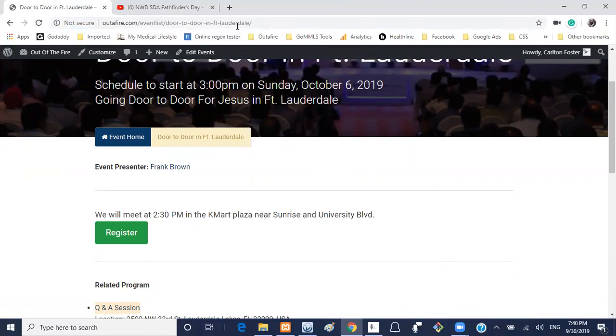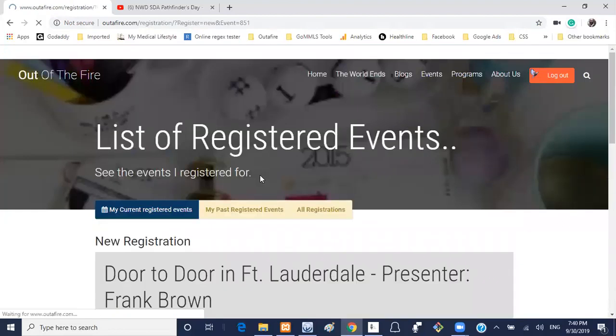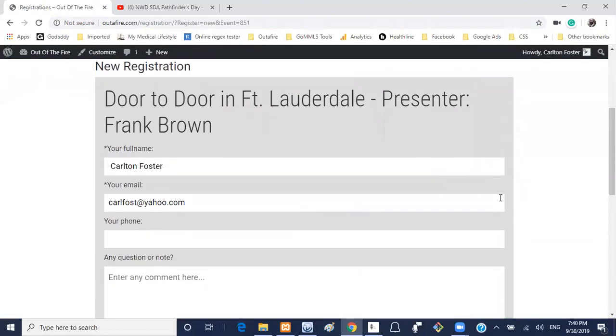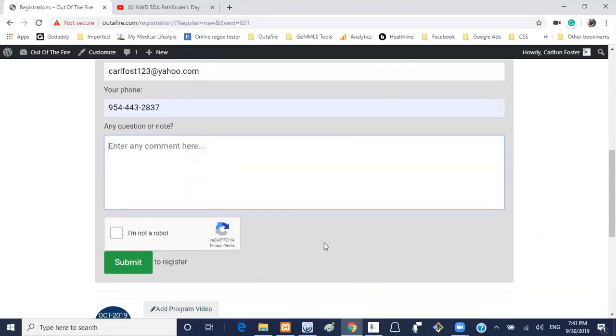So just let's say that we have sent this out to them, and now that they're here and they would want to register to participate in this event, then they would click on register. Once they click on register, if you notice, it'll pull over the information that I have in the system itself, and it may ask for a phone number. And if I have any question,